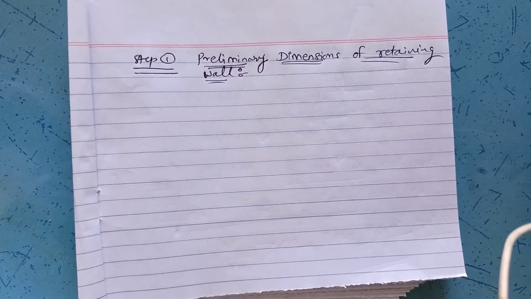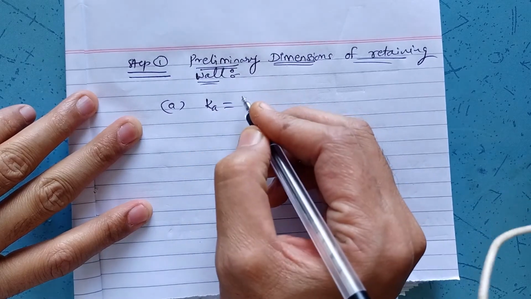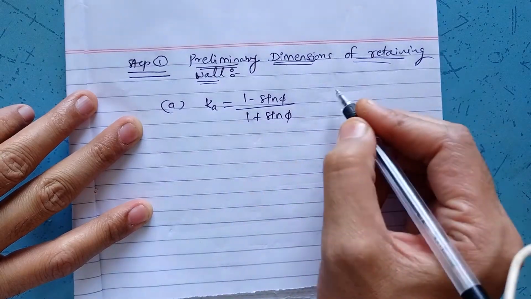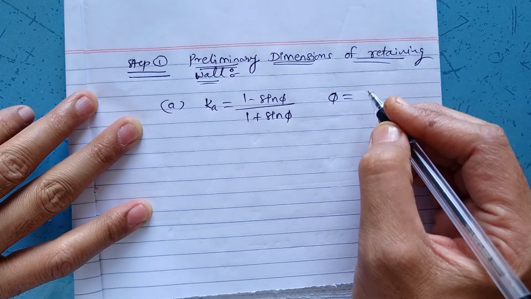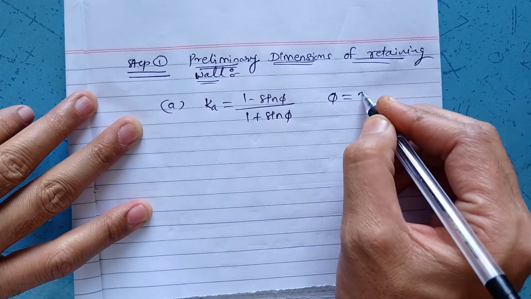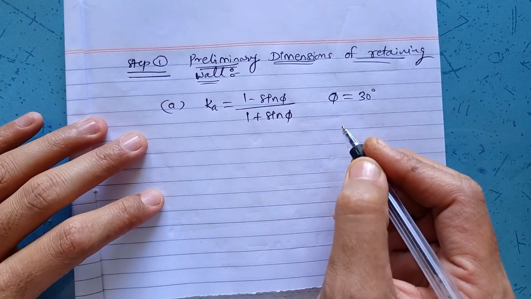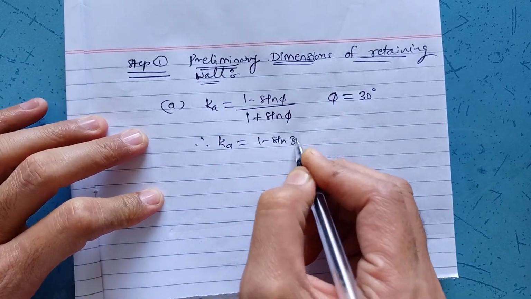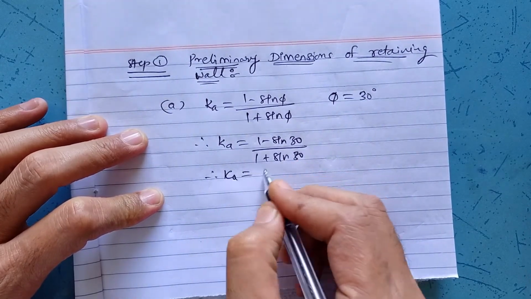Now we'll start with the design. Very first step is preliminary dimensions of the retaining wall. Now we'll calculate the active earth pressure coefficient, 1 minus sin phi divided by 1 plus sin phi, whereas phi, the internal angle of friction, was given as 30 degree. Therefore, substituting here, k is equal to 1 minus sin 30 divided by 1 plus sin 30, which will give the active earth pressure coefficient as